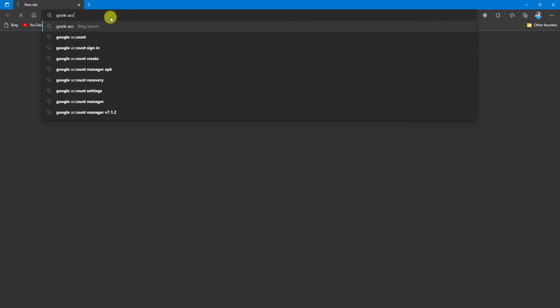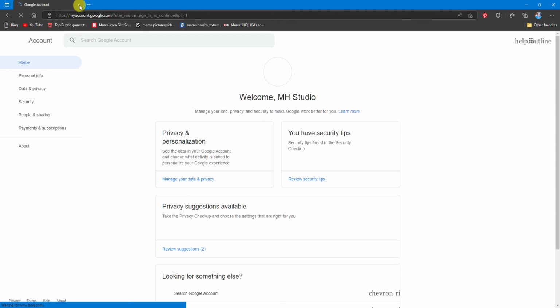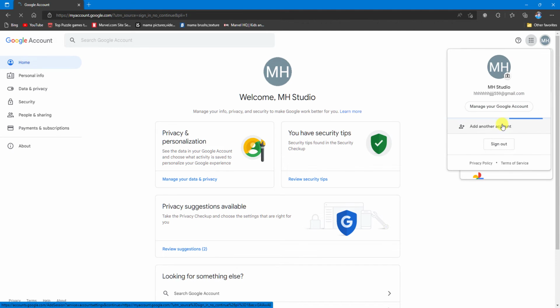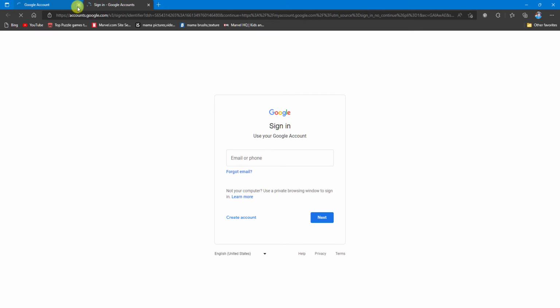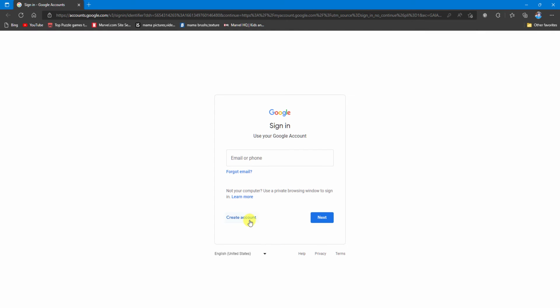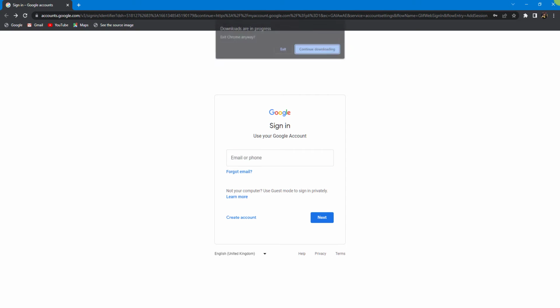Yes, click on sign in. Yes, add account. So click on that. After that, you will go to the place where you can watch. So the old account name should be deleted from there. So now after this, click on